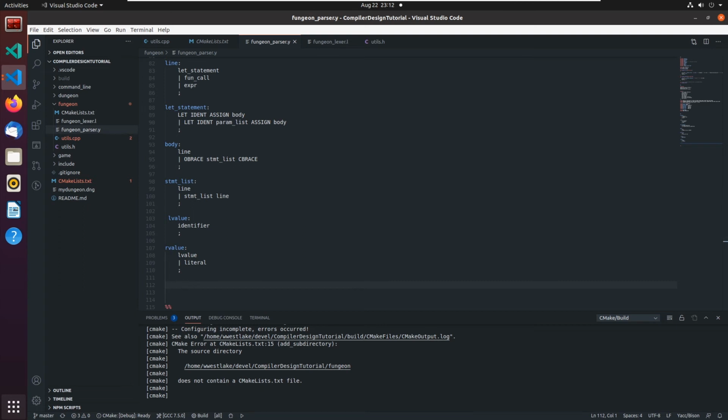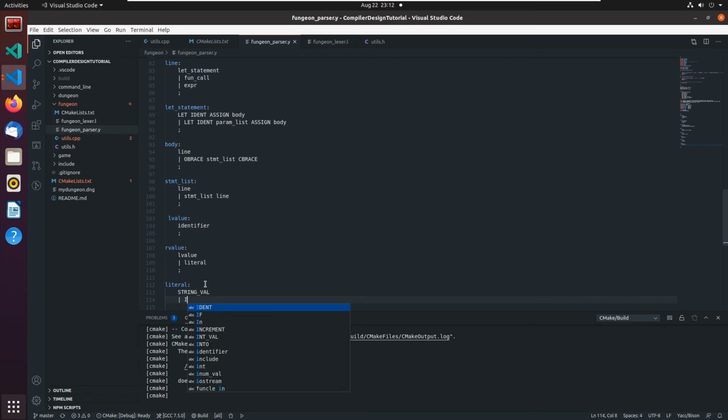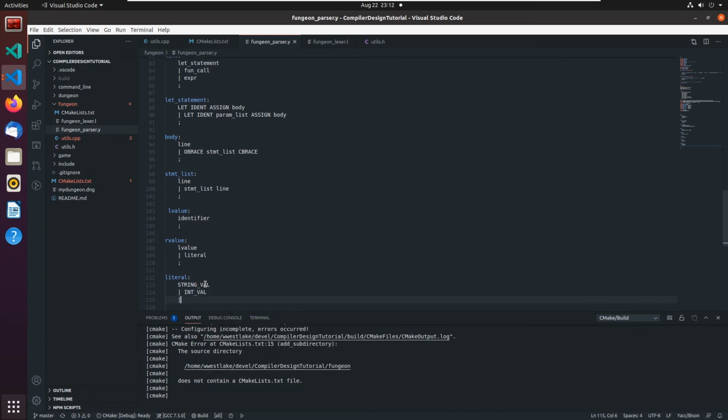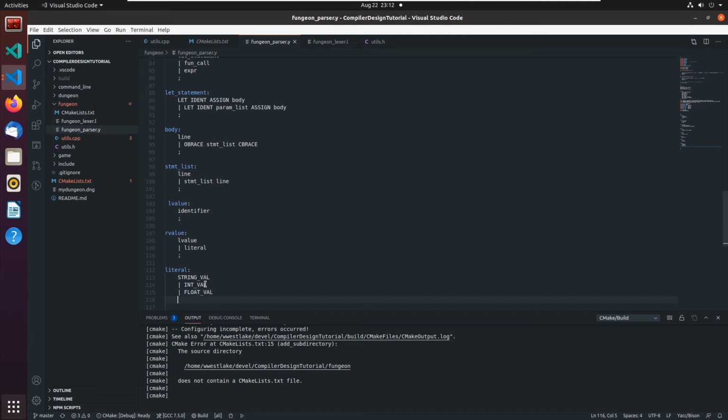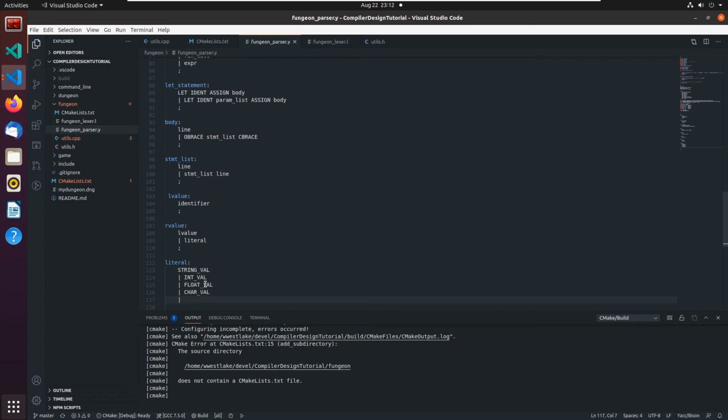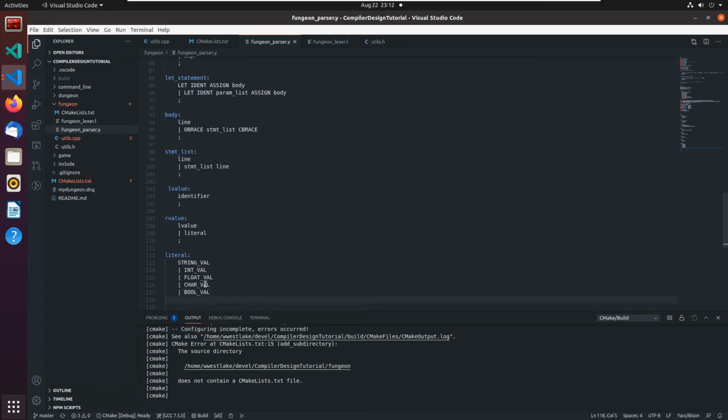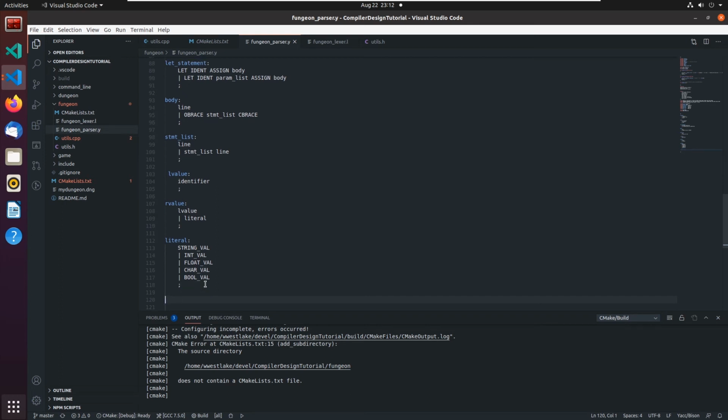Okay, so we've got L values and R values. Now we need to define a literal. So literals are going to be our string val, or an int val, or a float val, or a char val, or a bool val. And that's what we have for literals. Now we got to create a couple of things. We got to create an R value list,